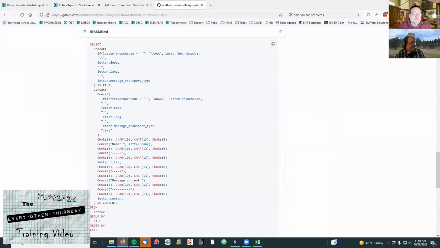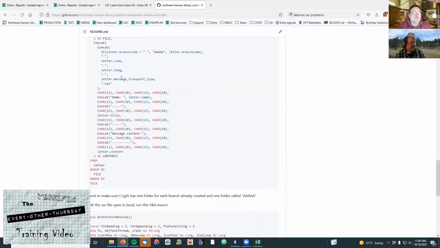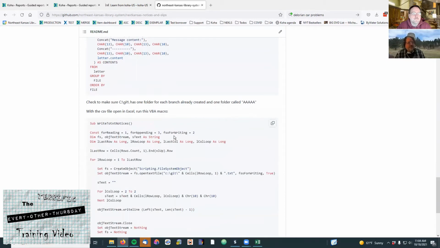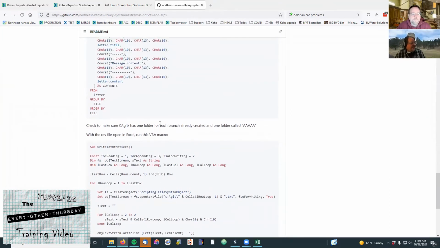And so I've got the letter code, the language. That's what the default is, the language. It's the default language of your Koha. And it's putting all of these into a nice thing that can be outputted into a text file, and that you can read and understand, it isn't just a glob of code. So now that I've got that,